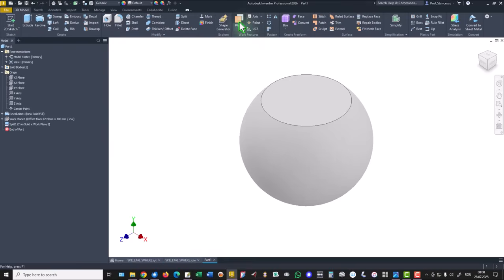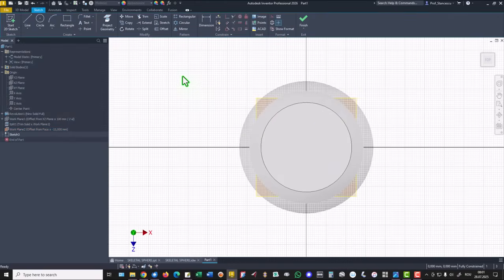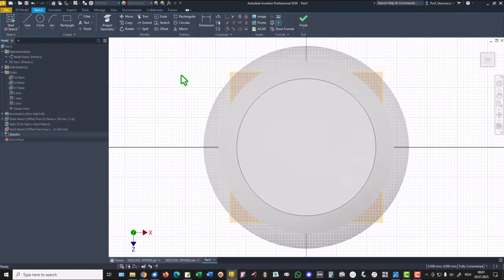New plane based on this, going down at -15. Take a look here, just -15 is there. Then we select this, F7,